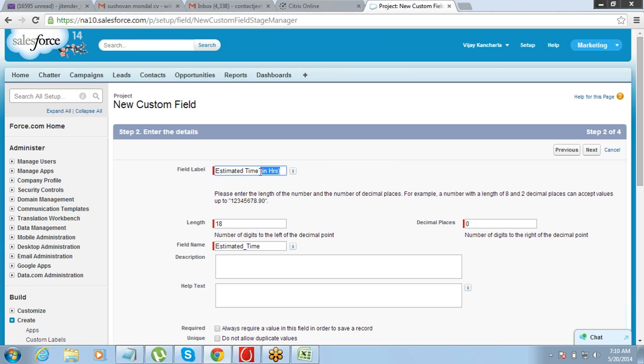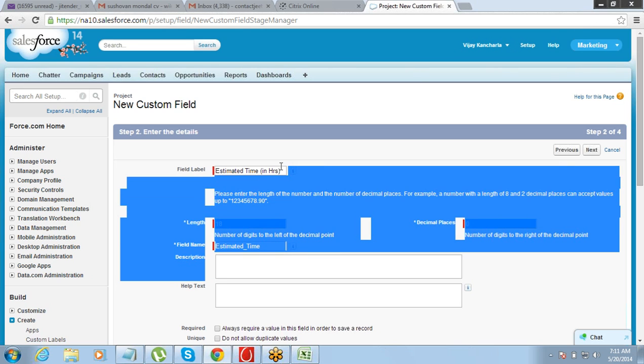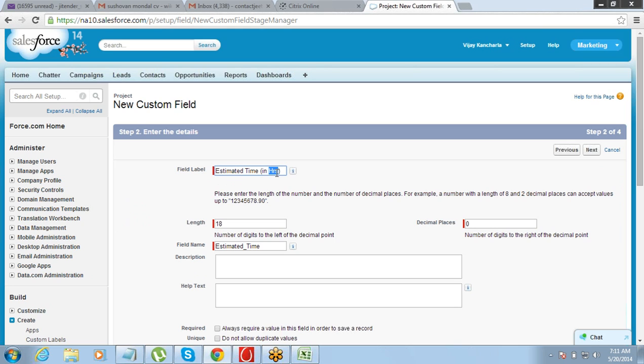So on the label, I just want to give an indication that it is in number of hours. I have a question. Yeah, please tell me. Can't we use date and time? No, date and time is for specifying a particular time. In estimated time, are you talking about a particular time, or about number of hours? For storing number of hours, that is the reason we have mentioned it here in hours. So it will say 40 hours or 60 hours or 100 hours, whatever it is. Date and time is to specify a given day and a time, let's say 20th May 6:30 a.m. But that is not what we want to store here, right? So for that reason,